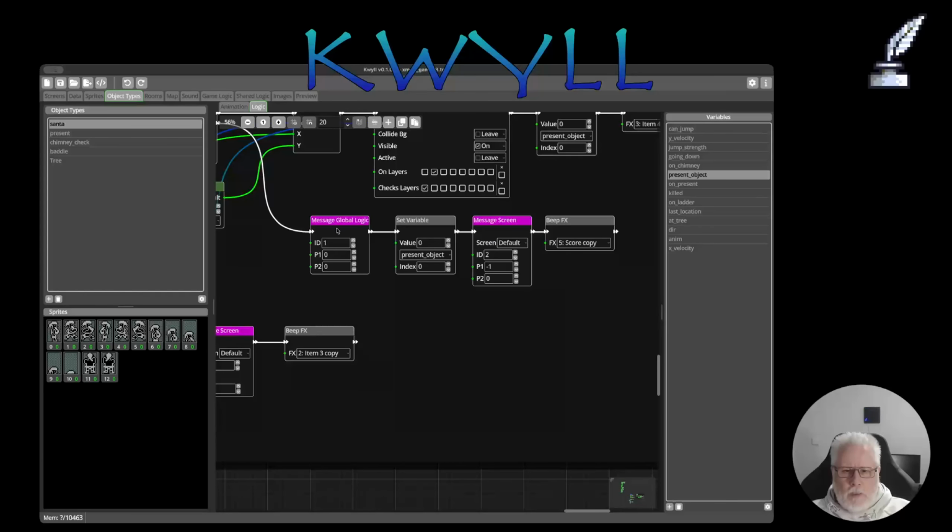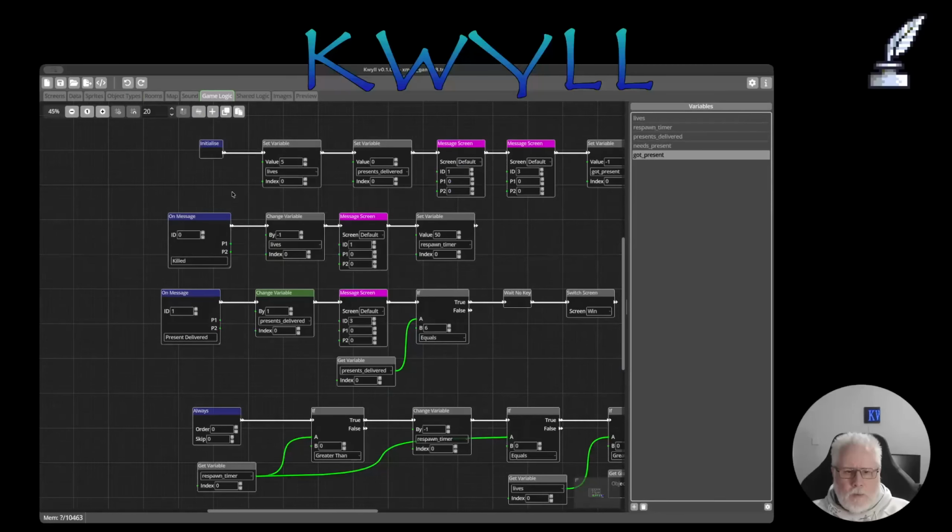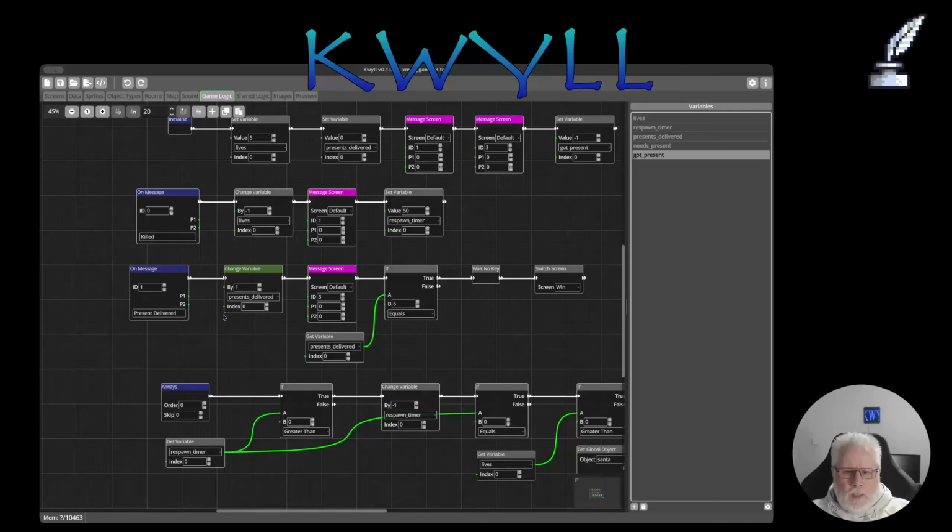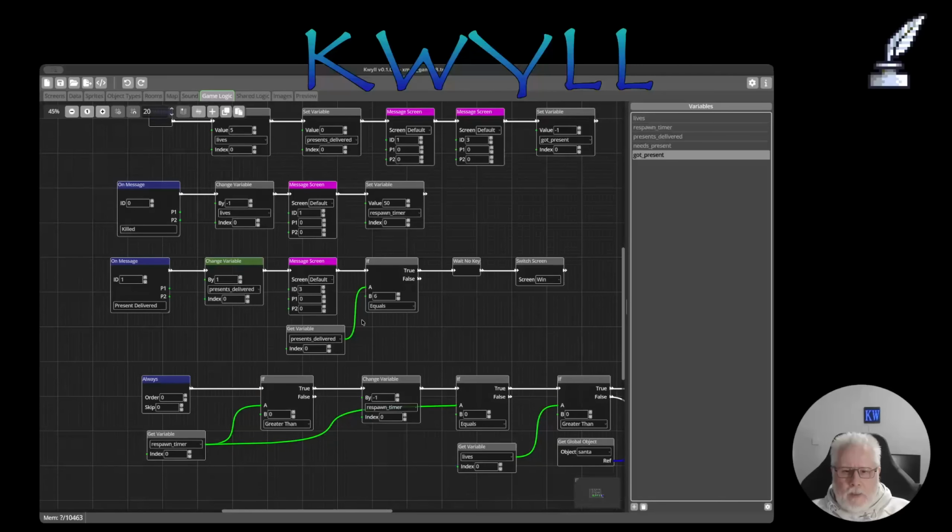It will message the global logic ID1, so we'll go and have a quick look at what that does. Message ID1 here. It increases the number of presents that you've delivered because you've delivered it to the tree. It messages the screen to say that you've delivered another present, which will update the number of presents in the presents collected instruments, and then checks to see if the number of presents delivered is equal to 6, which means you've delivered all, and if it is, then it waits for you to stop pressing any keys and jumps to the windscreen